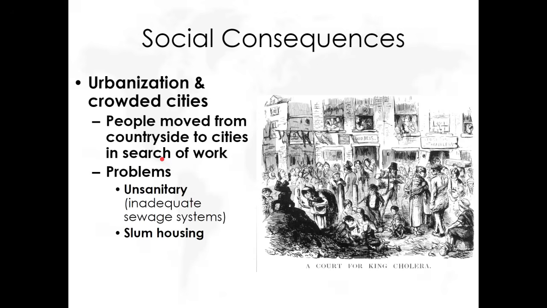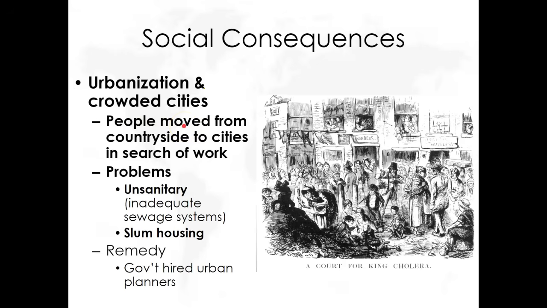All right, other social consequences or effects. Major one is going to be overcrowding. Urbanization means people are now moving from the countryside to cities. And one of the reasons for that was the Enclosure Acts. The Enclosure Acts was when British Parliament allowed them to sell public land to rich people. And then basically poor farmers were without a job because people just bought their land and they can't work there anymore. So they moved to cities to work in the factories. So that led to urbanization, but also overcrowding.